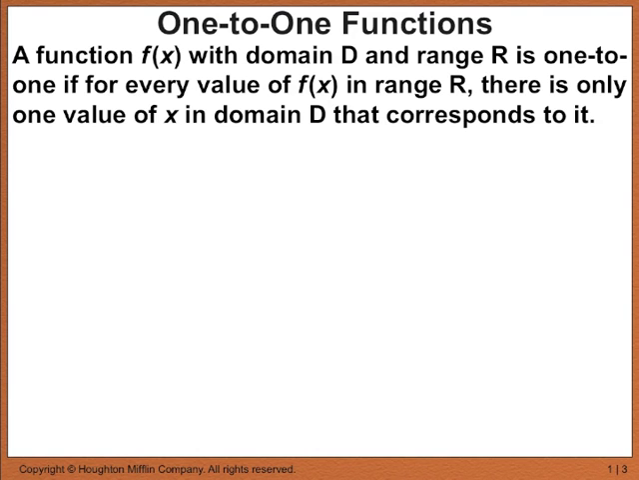A function f of x with domain D and range R is one-to-one if for every value of f of x in range R, there is only one value of x in domain D that corresponds to it. In a non-one-to-one function, several different elements in a single domain can be matched with the same element of the range. For example, in the sine function,